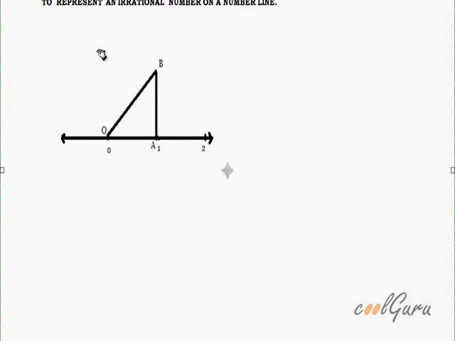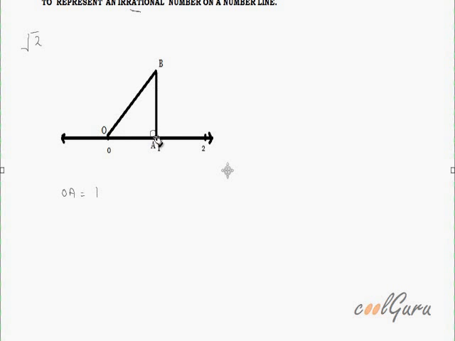In this lecture, we will learn about how to represent an irrational number on a number line. Say for example, first I will draw root 2 on number line. For that I have already drawn a number line and say O represents 0 and OA be some length of 1 unit. It can be 1 inch or 1 centimeter, and BA is perpendicular on OA.